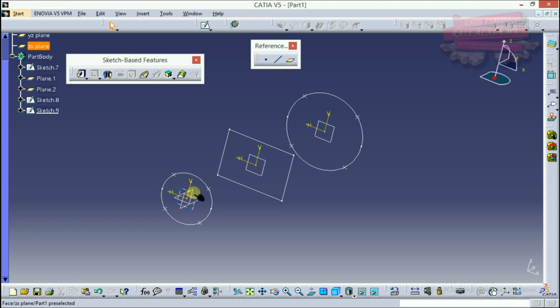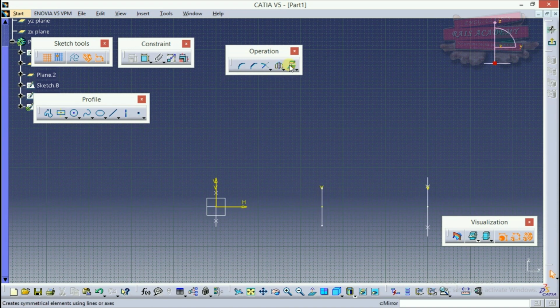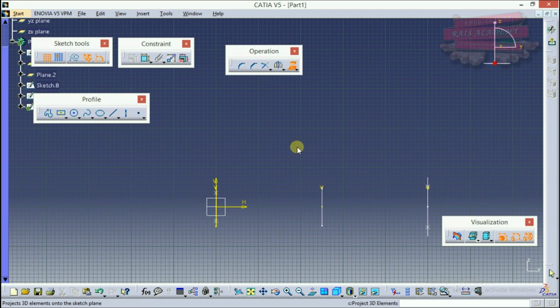I'll select this plane. Okay, I'll sketch a profile on it. For this, what I'll do over here is project all the 3D elements, this as well as this.